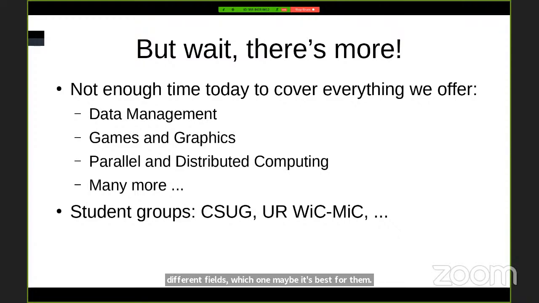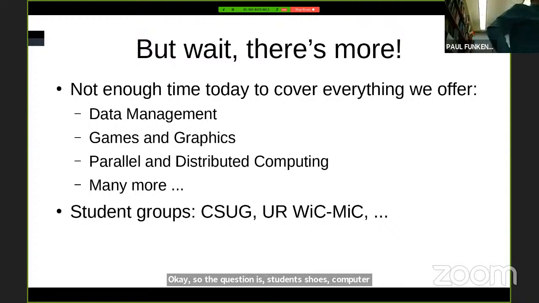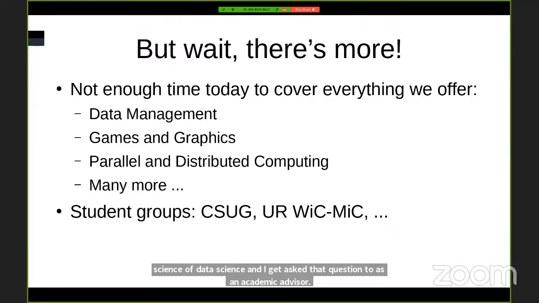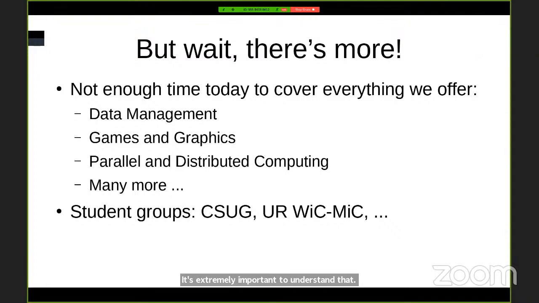Okay, so the question is, should students choose computer science or data science? And I get asked that question too as an academic advisor. It's extremely important to understand that the two are not interchangeable. Okay, they both use computers. Okay, they both process a large amount of data in some places, but I would think of data science as,